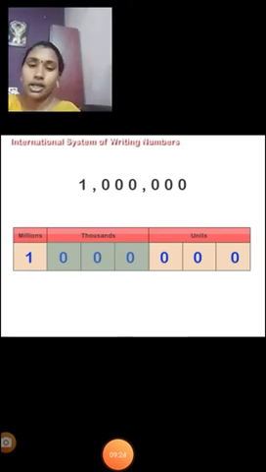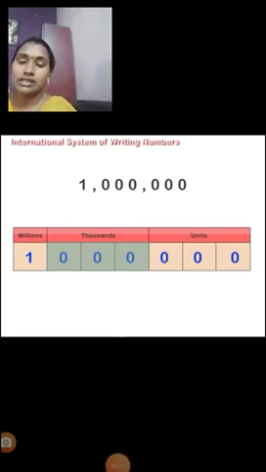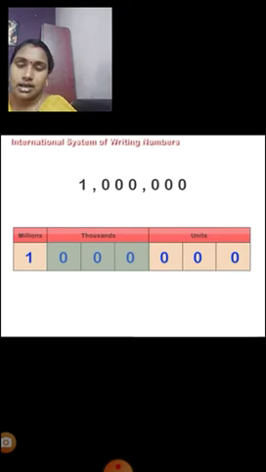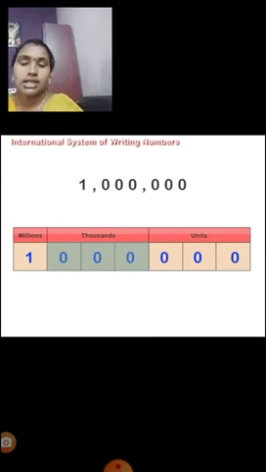Here we have ones, tens, hundreds, but in the place of thousands we have 3 blocks, that is thousands, 10,000s, and we don't have lakhs here. Instead of lakhs we have 100,000. Then comes the million. After the million we will have 10 million, billion and 10 billion. Okay, children? Did you understand?